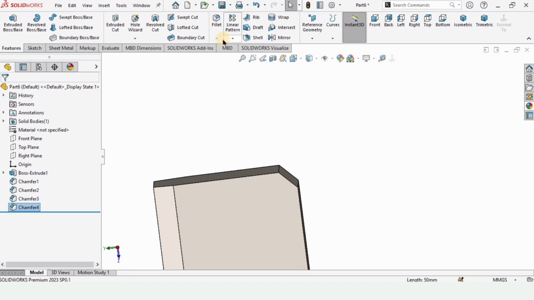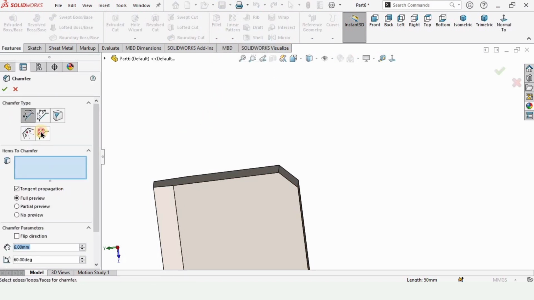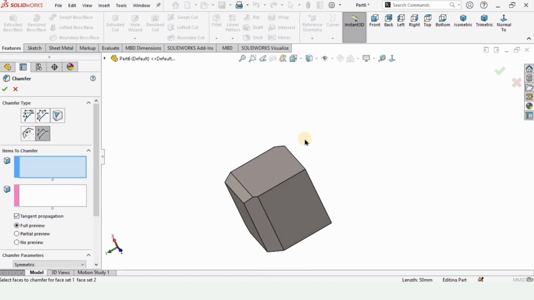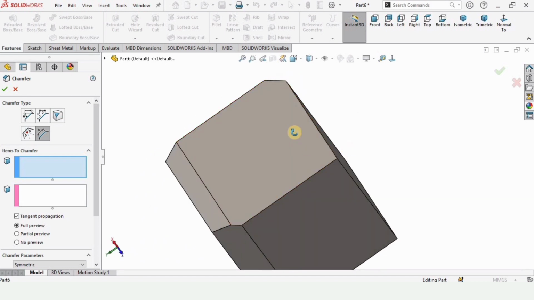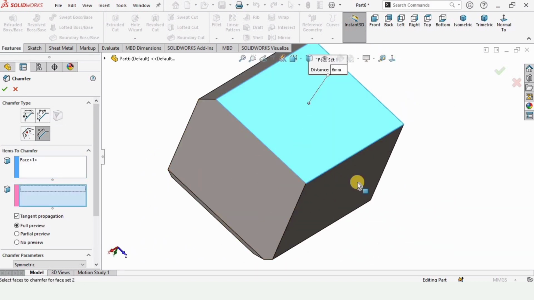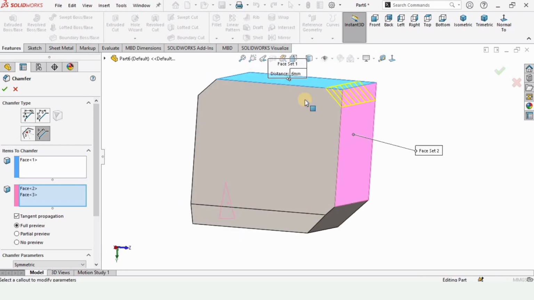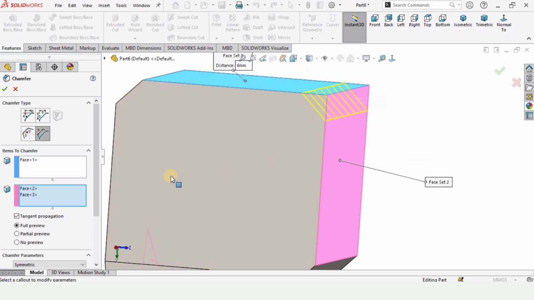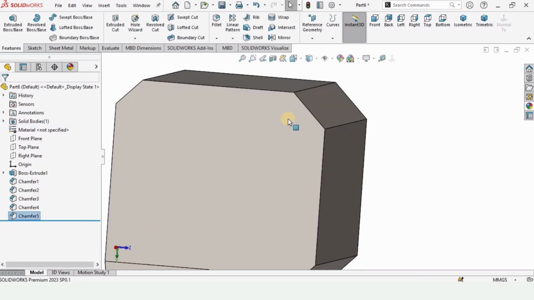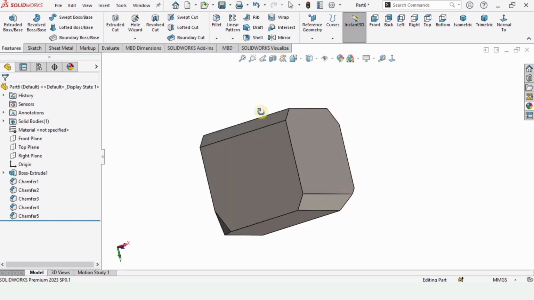Now we are only left with the final type of the chamfer, which is this one, in which we need to select 2 different faces. So this face, and then click on the other window and select the other face. In between this edge, it will be chamfered like this, and we can specify the parameter or offset distance from here. So that's all for this video, in which we have learned the different types of